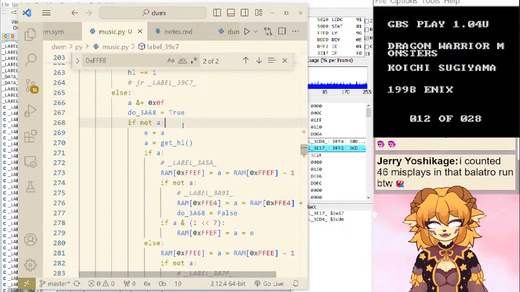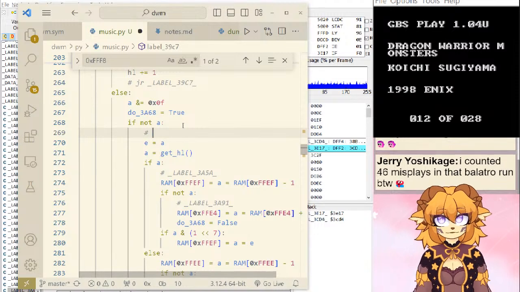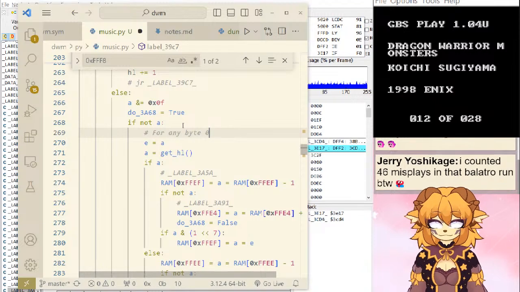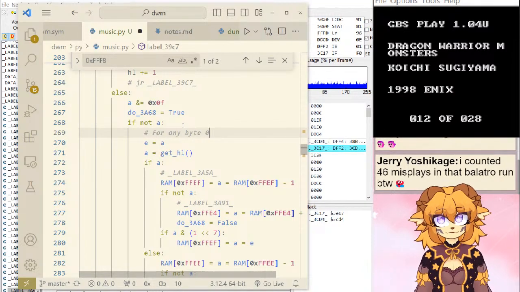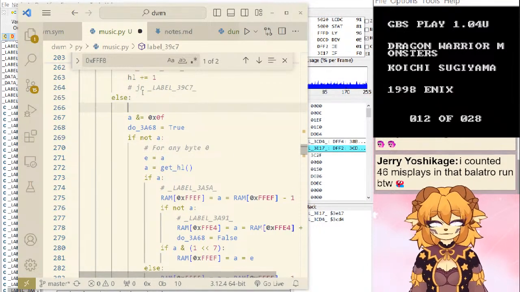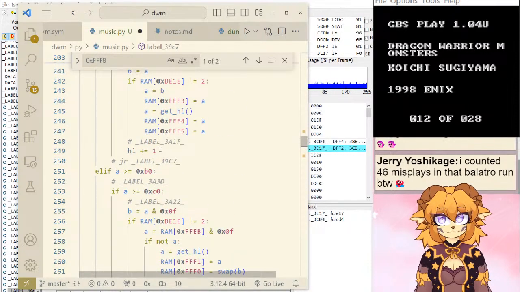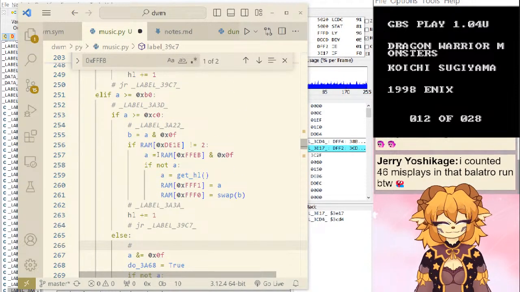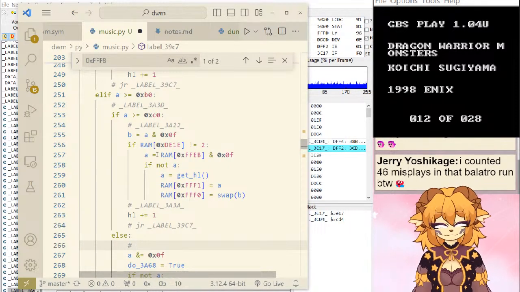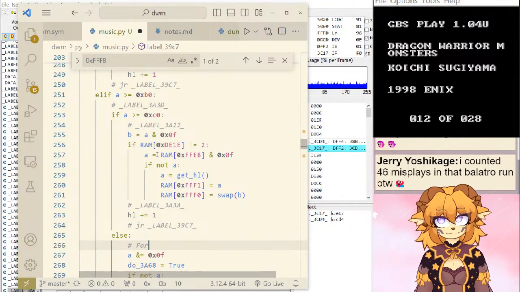So if not A means for any byte. Wait. This has to be for any byte.